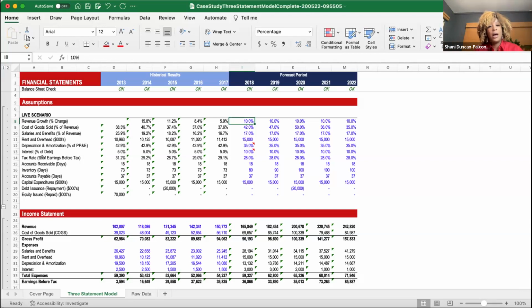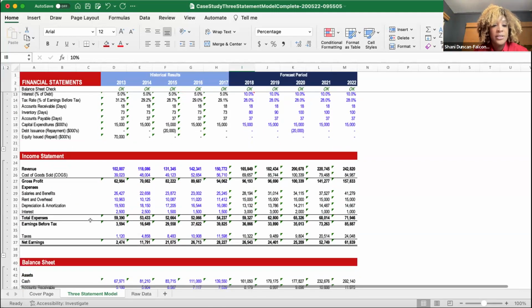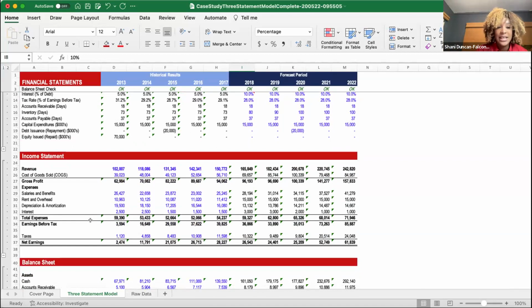Set it up to have forecasts for the next 5 years, okay? Because that's what you want to see. So as I said, with the income statement, you lay out your revenue, minus your cost of goods sold, and that's where you're going to get your gross profit, right? So your gross profit is when I was telling you about those calculations, formulas and ratios, right? So you're going to see your gross profit,